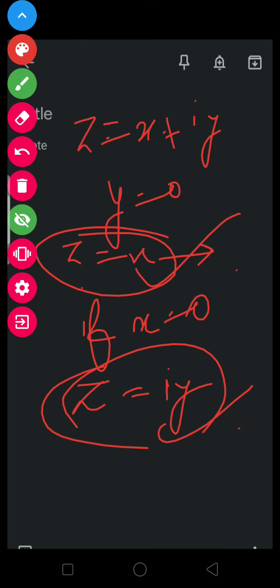Okay, students, these two things we have studied. What all have we studied today? How to represent a complex number in the Cartesian plane. At that time, the x-axis will behave as the real axis and the y-axis will behave as the imaginary axis. The coordinate (x, y) will be represented in the Cartesian plane as we know. The value of x means the distance traveled along the real axis, and the value of y will be the distance in the